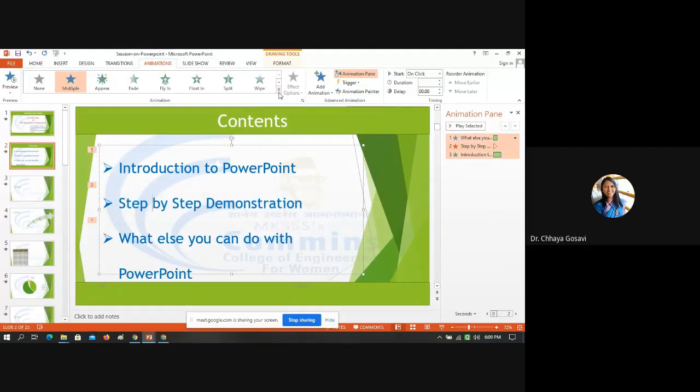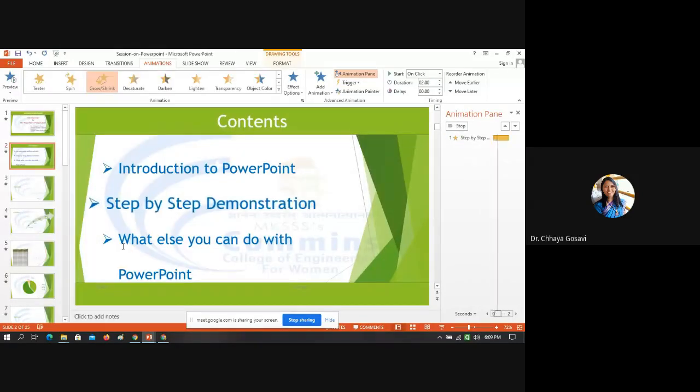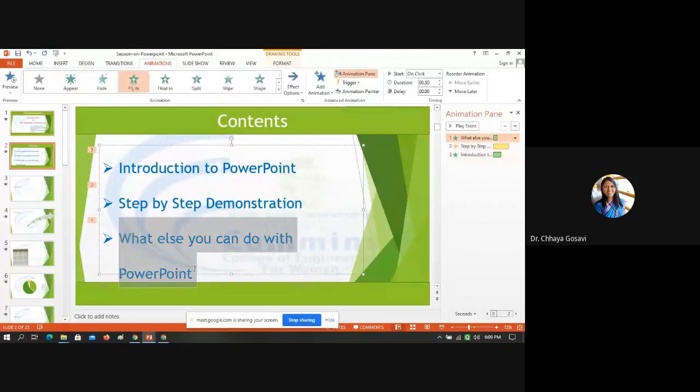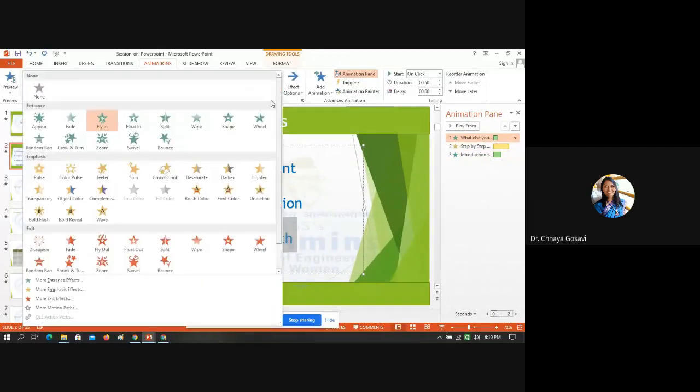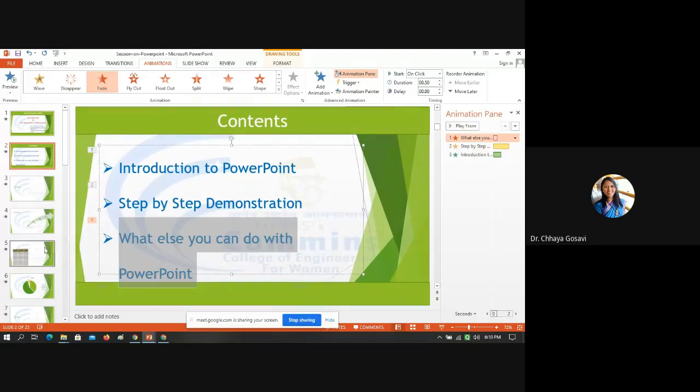It took the same thing. Just note that you have to select that particular thing that you want to animate. Grow and shrink. And for the third animation, you want to give, say, fade. Okay.